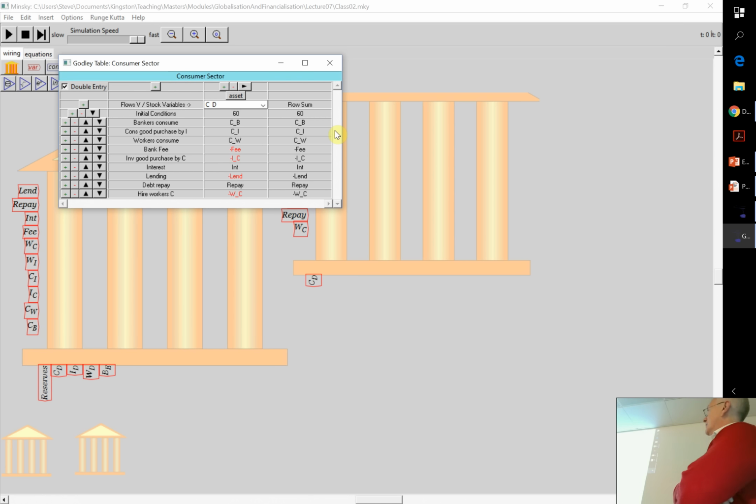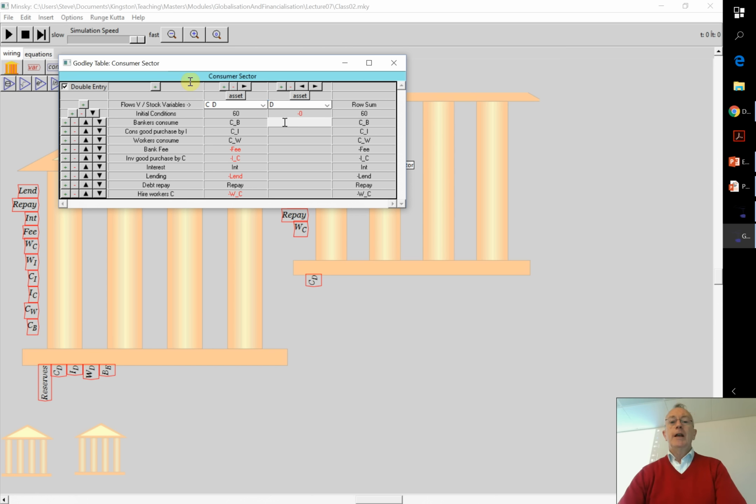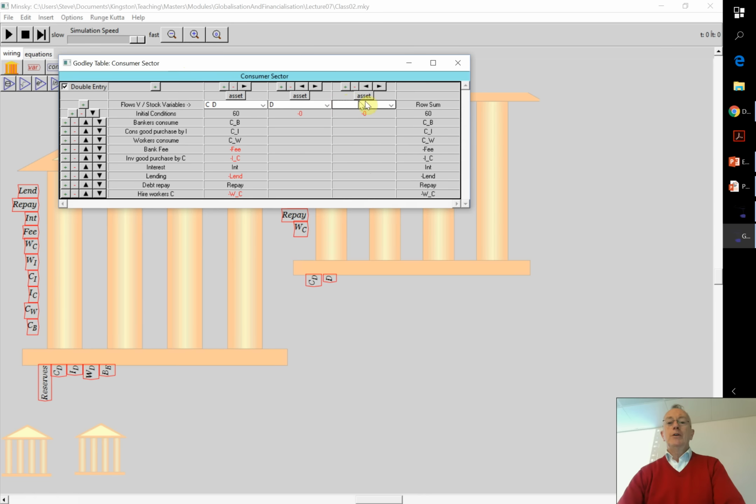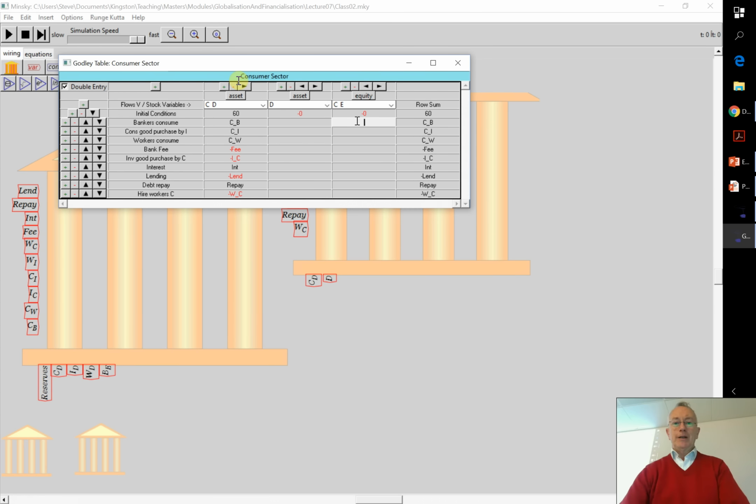And you see your row sums aren't complete yet because you've only brought across the liability. You haven't got any matching assets or equity yet. So you need to put another plus key there. Now what's an asset the consumer sector obviously has in this model? It's lending to the investment sector. This is where the debt turns up. So you type D here for debt, and that's now the asset of the consumer sector. It doesn't have any other liabilities, so you can ignore liabilities and go straight to equity. I'll just call this C_E for the equity of the consumer sector.